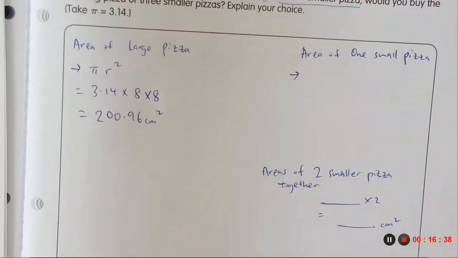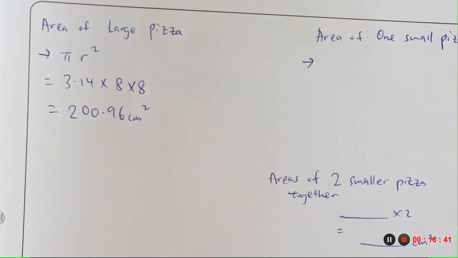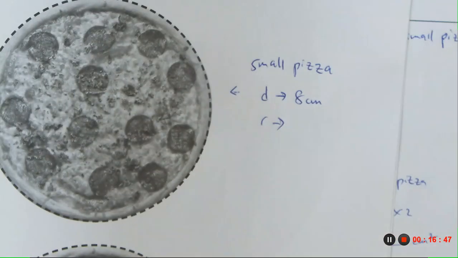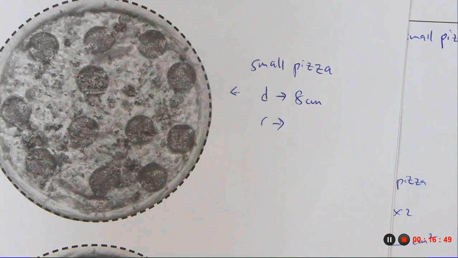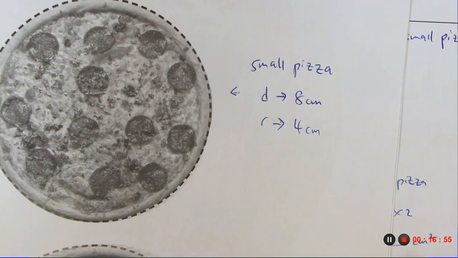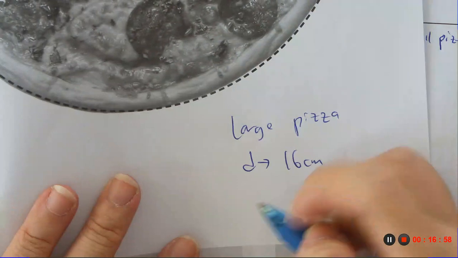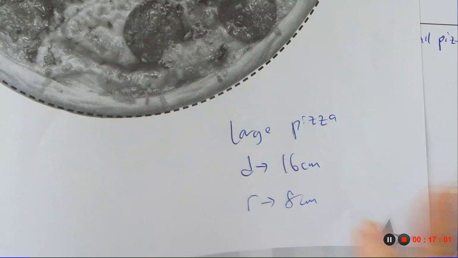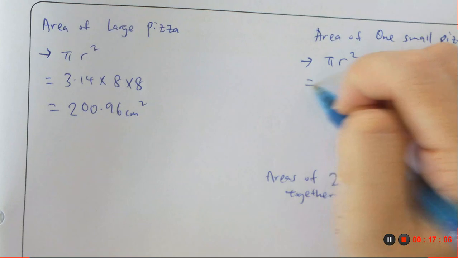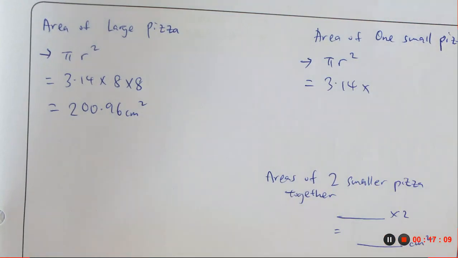Okay, just to remind you that after we write the diameter, do you realize that you also have to find out the radius? I hope you have used the correct measurements. Okay, in terms of the small pizza, so the radius of the large pizza is 8 centimeters. Okay, so in terms of the small pizza, Skylar, what will be the formula? 3.14 times. Skylar, what's the answer? 3.14 times 4 times 4, and the answer will be